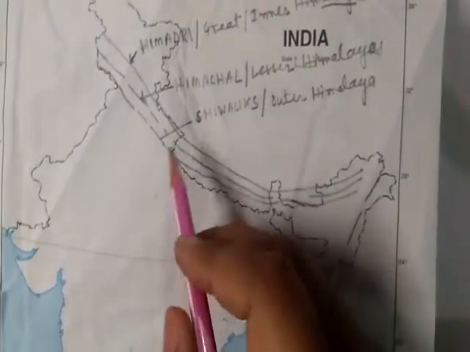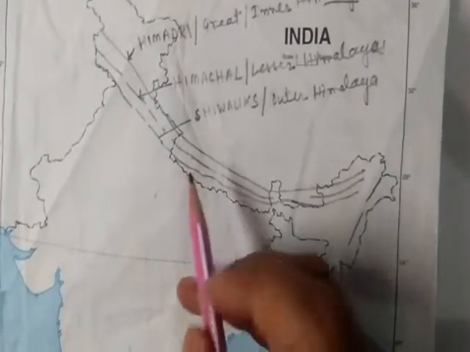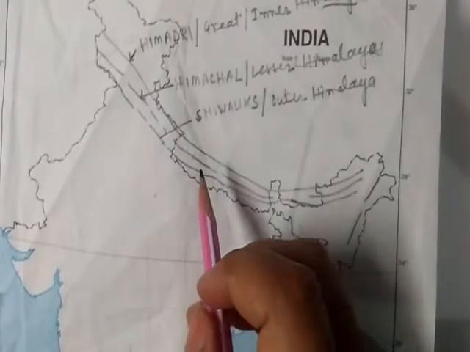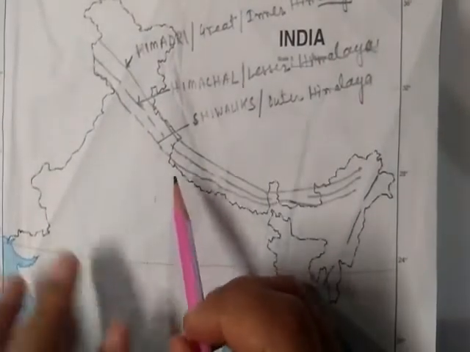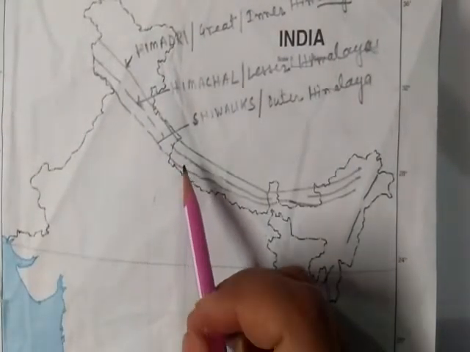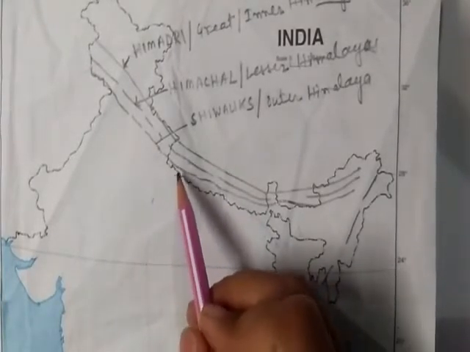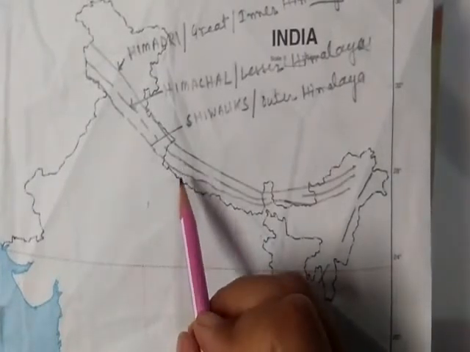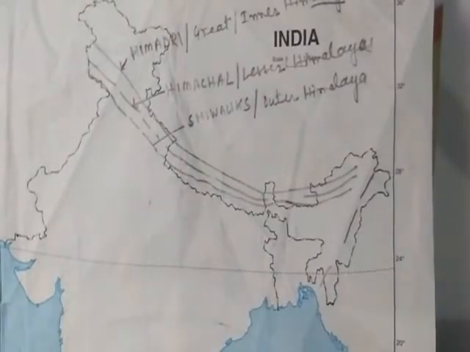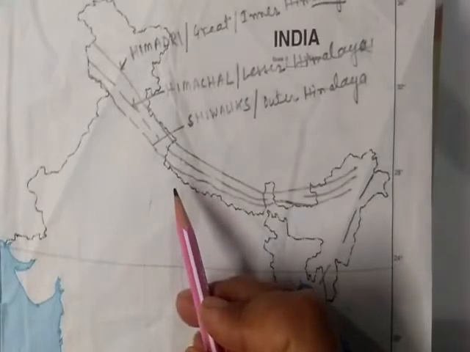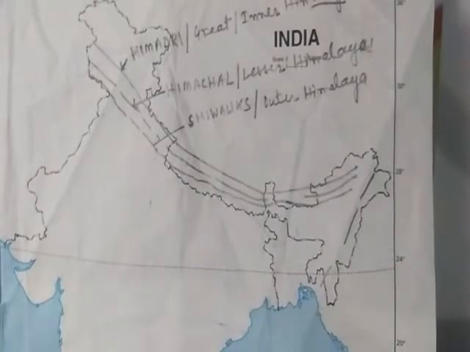Now the longitudinal valleys lying between the Lesser Himalaya and the Shivalik are known as dunes, like Dehradun, Kotli Dun, Patli Dun are some of the well-known dunes. The features of Shivalik are that they have an average height between 900 to 1100 meters. Width is about 10 to 50 kilometers, and it is composed of unconsolidated sediment, so it is more prone to earthquake and landslide.